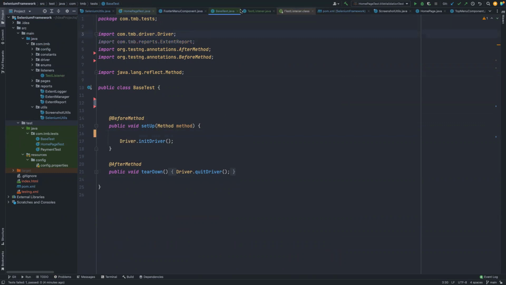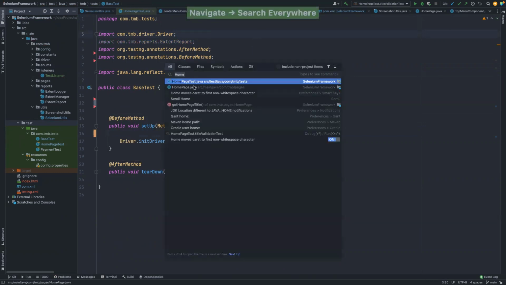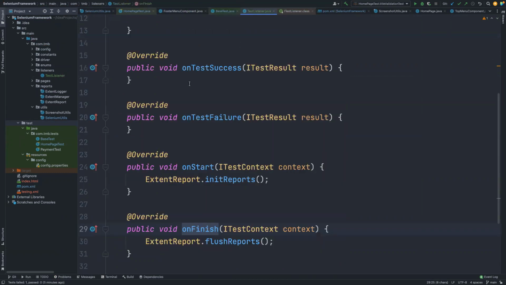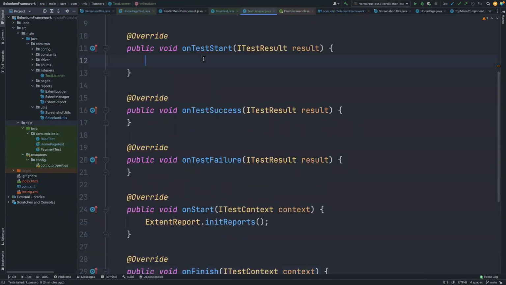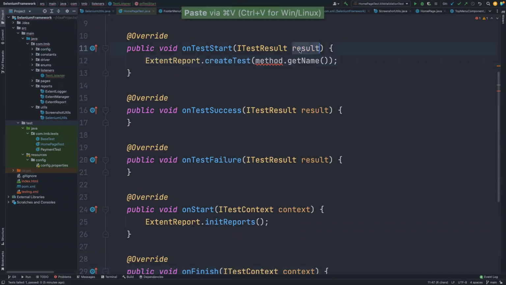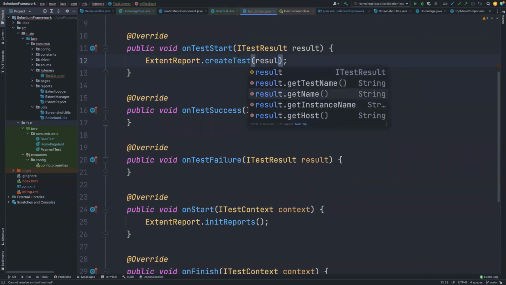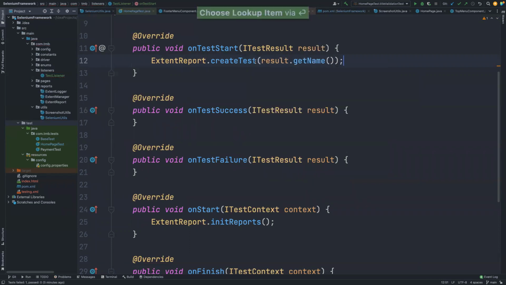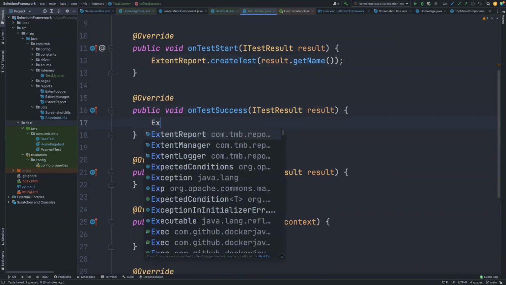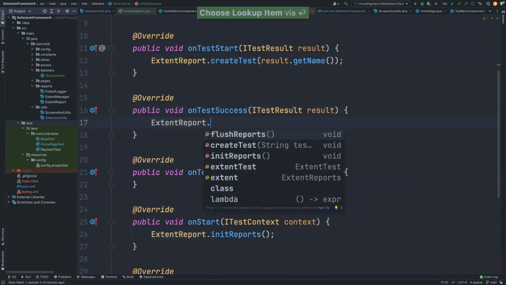Let's go to the test listener, and on test start I want to do this, right? And here, result.getMethod. Okay. And also we have on test success. Whenever a test is getting passed, I need to just mark report that